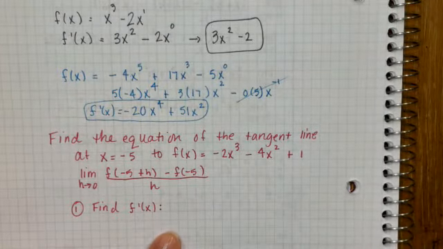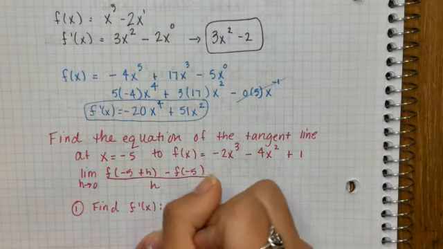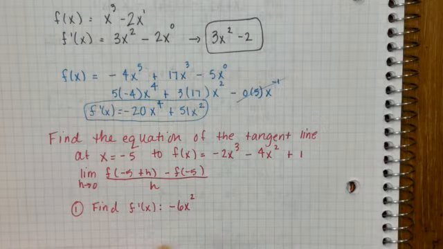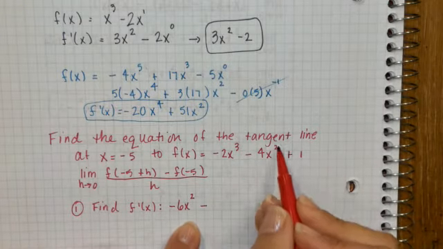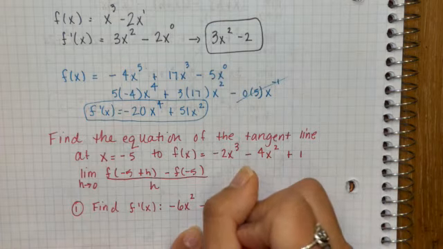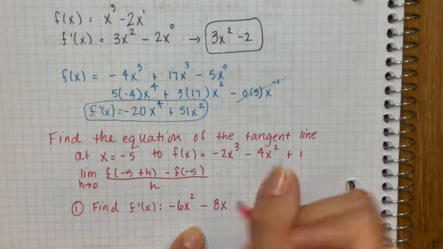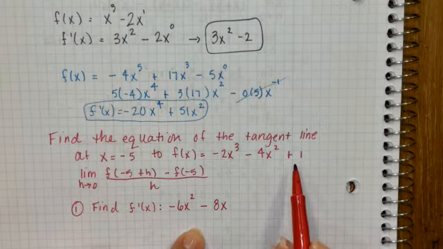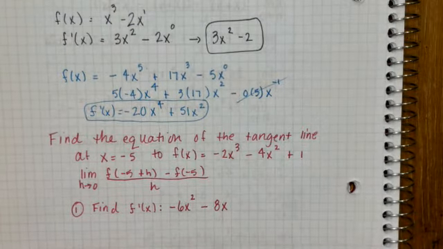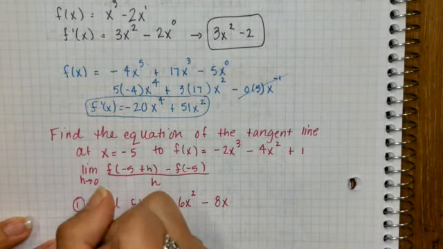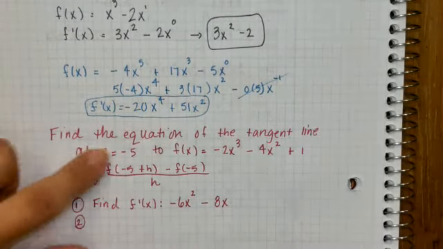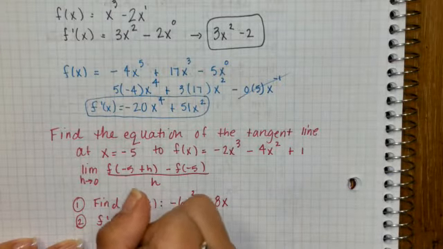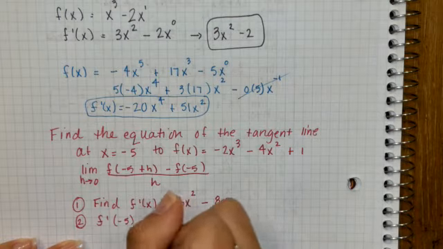Three comes down in front times -2 is -6. Decrease the exponent by 1. 2 comes down in front, multiply, you get 8x. The derivative of 1, it's a constant, is 0. Okay, now I need to find the slope. And the slope I want to know at the point -5. So the f prime of -5